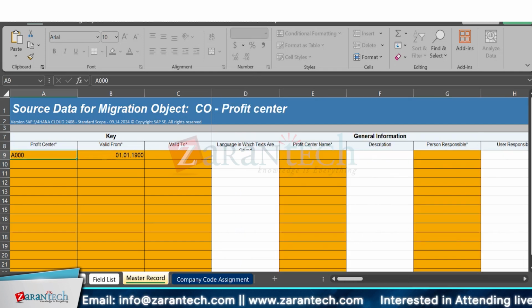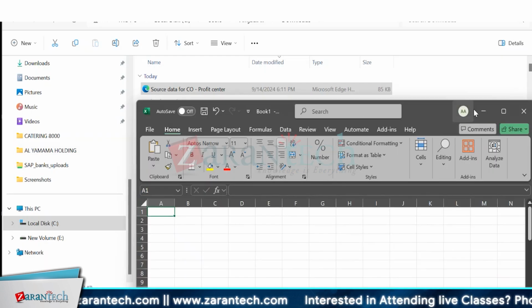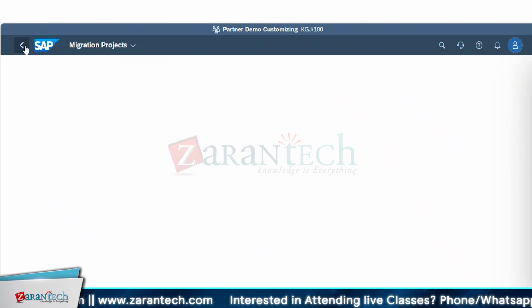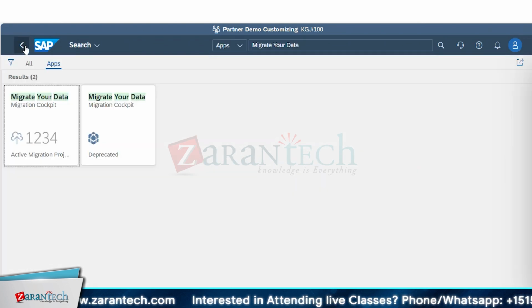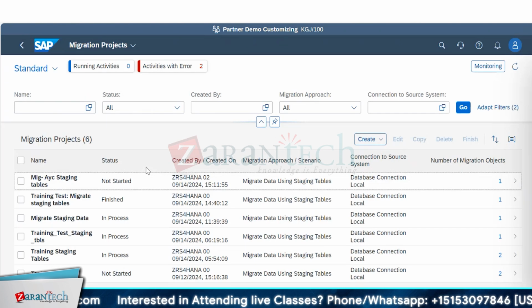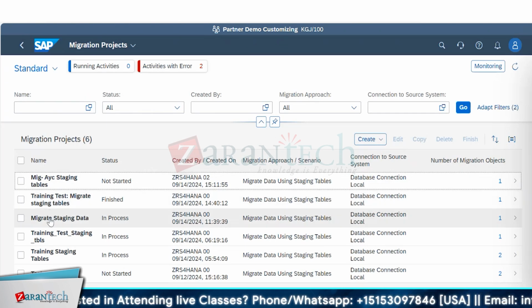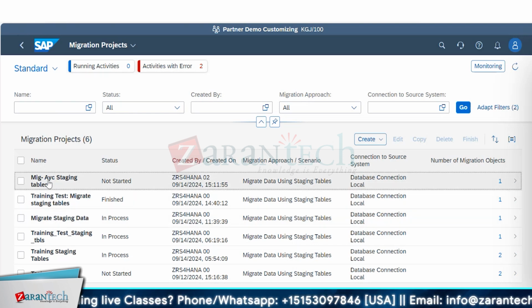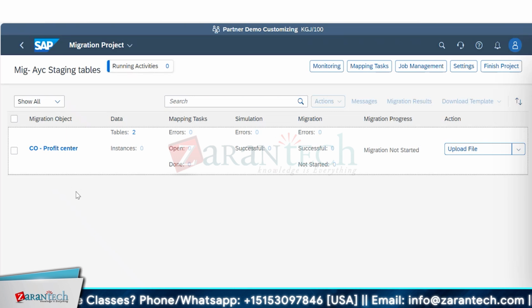Okay, then what you should do is close this, go to application, and go back. Yeah, correct. Go back, and no, don't go all the way back. Come here, go to your migration project, MIG. No, the first one. Whichever project is created recently will be on the top. So what you should do is,